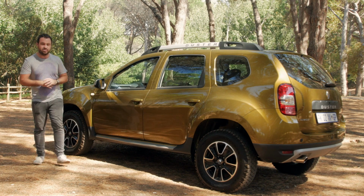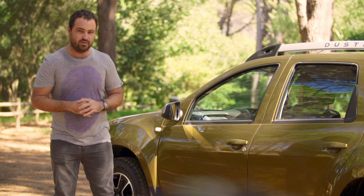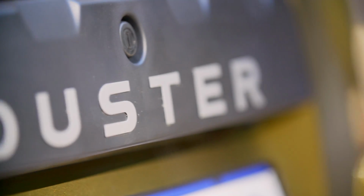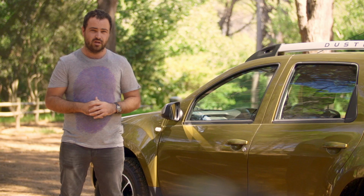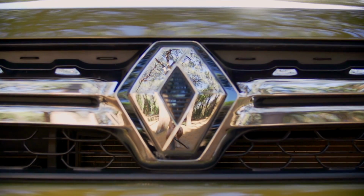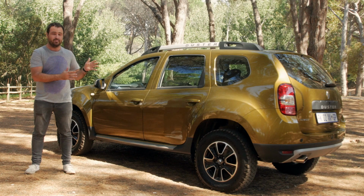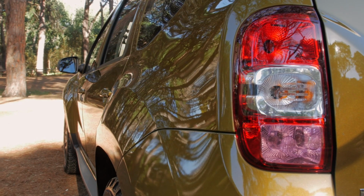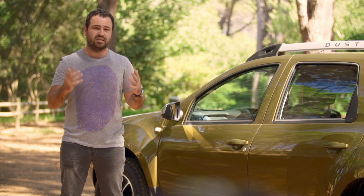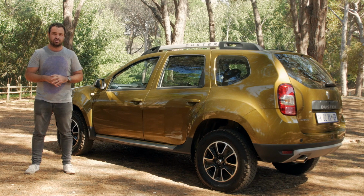Despite its quirks and issues, we've enjoyed our time with the Duster. It's an eager and willing little car, very practical and very good value too. Last year we said goodbye to the Land Rover Defender, and for me this is like a mini Defender. The engine's a bit grumbly, it's not particularly comfortable, and it's a bit odd looking. But it does what it says on the tin, and it's not trying to be